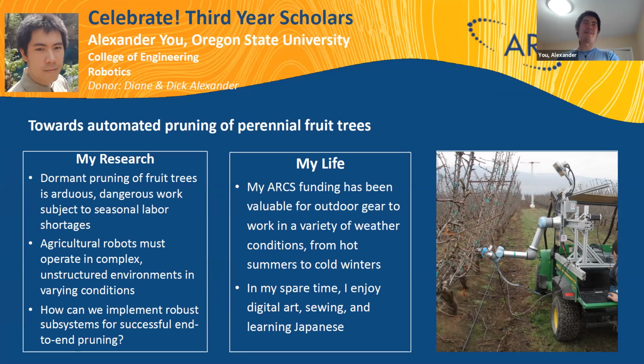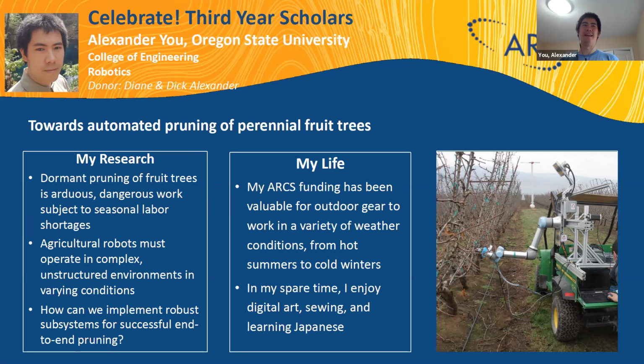But in general, there's very much a labor shortage in agriculture. And so the idea is that we can have robots step in to fill in this missing labor gap. But agriculture is really tough for robots because robots really don't like to be outdoors. They don't like lighting changes. They don't like that dirt will make their sensors dirty and things like that. And of the many different problems to be solved in agriculture, I have heard from several people that pruning might actually be one of the hardest